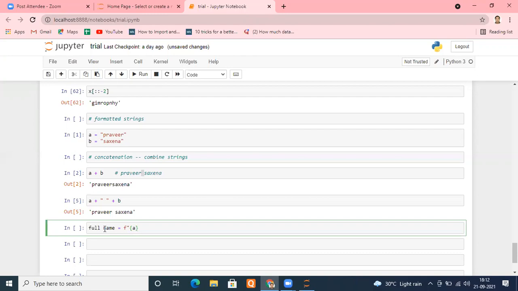Okay. After A is written, you want some space. Now as you are writing everything inside the string, remember the double quote is there and the string has not been closed yet. So directly you can give space, you don't have to use a quote again. Now, because you have declared B as a variable, again put curly braces here and put B here. And once you think you have included everything inside this, close your string.